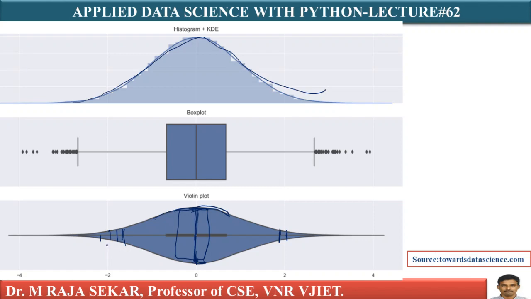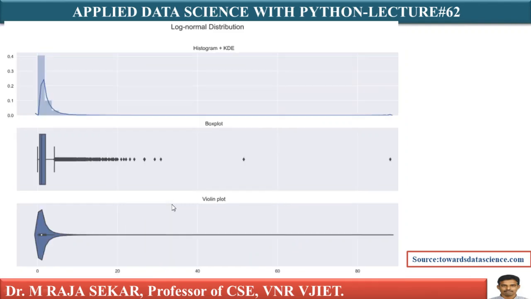I believe that showing these three plots together provides good intuition of what a violin plot actually is and what kind of information it contains. This is the basic principle behind the violin plot. You must understand how one can create a violin plot using box plot and kernel density estimate, so that you can understand concepts in the next two lectures without any difficulty. Anyway, let me proceed further.